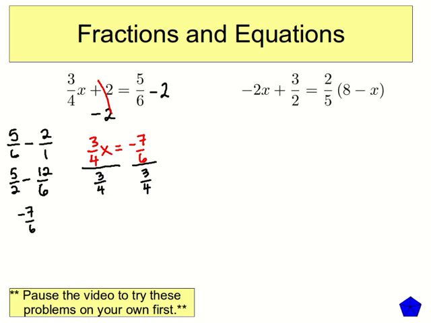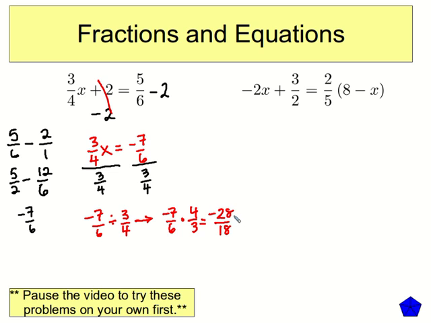Here, we're going to remember our rules for dividing 2 fractions. Negative 7/6 divided by 3/4. To do a division problem, we change it into a multiplication problem. Negative 7/6 times the reciprocal of the divisor, times 4/3. We'll multiply across. Negative